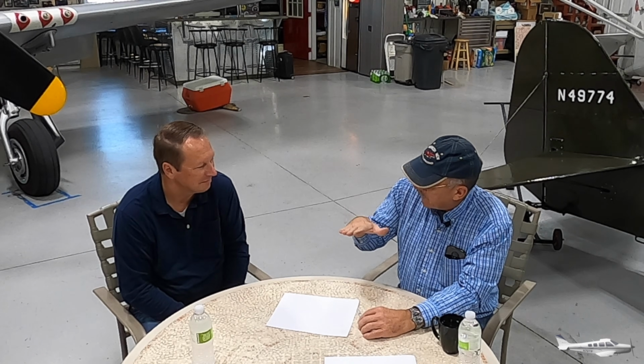If we're making a wheel landing, we've got to kill that angle of attack as the tires touch the ground. And in a crosswind, we're going to hit on the upwind tire first because we're in this slip, and ease the stick forward, release the back pressure. That will allow the downwind tire to impact the runway. Okay, and now we're rolling on two tires, we're going down, and people just keep the airplane going straight